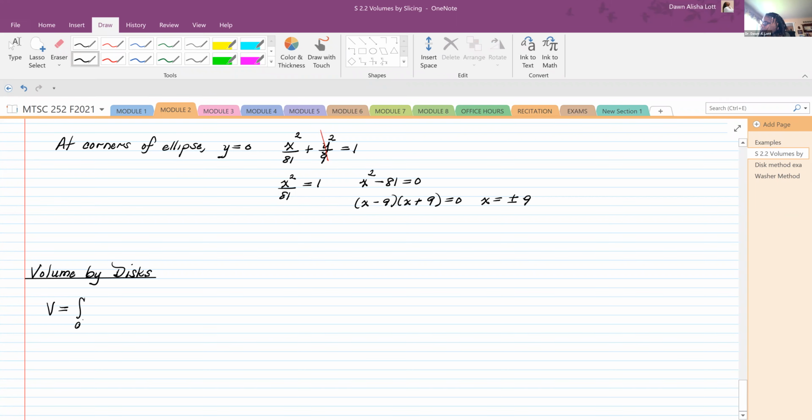So the integral from a to b of A of x dx, when it's the volume by disk, that implies the area